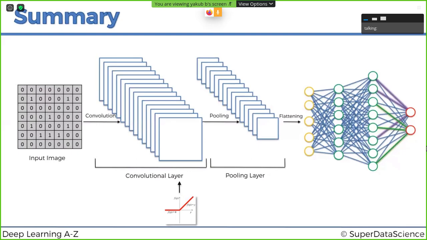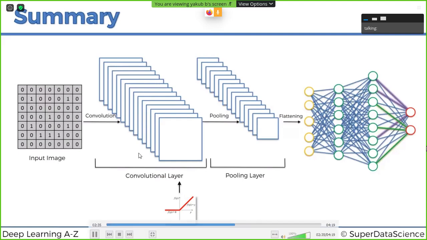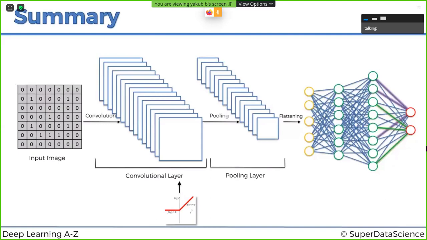And another important thing is that not only the weights are trained in the artificial neural network part, but also the feature detectors are trained and adjusted in that same gradient descent process, and that allows us to come up with the best feature maps. And in the end, we get a fully trained convolutional neural network which can recognize images and classify them. So there we go. That's how convolutional neural networks work. And now you should be totally comfortable with this concept and ready to proceed to the practical applications.